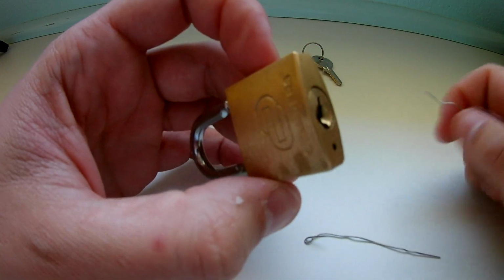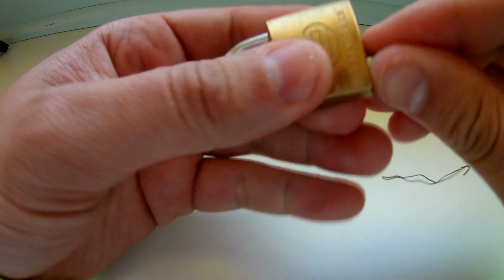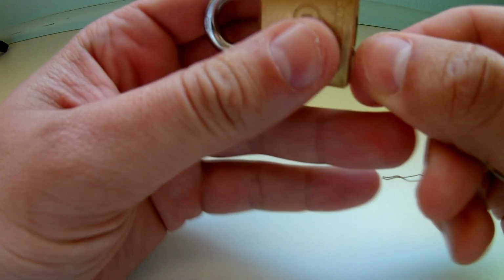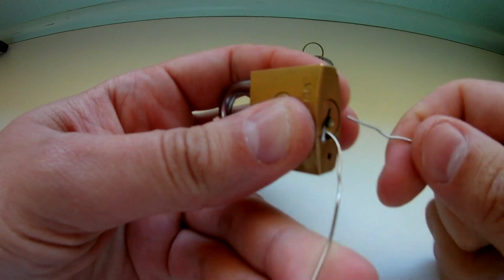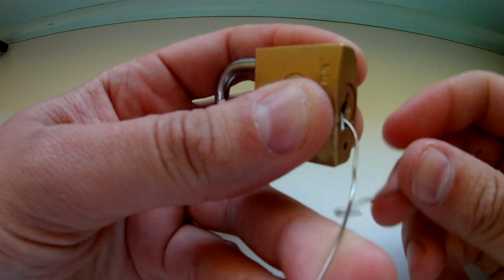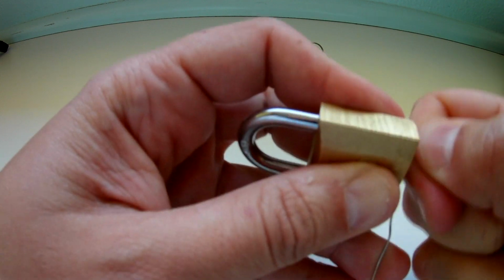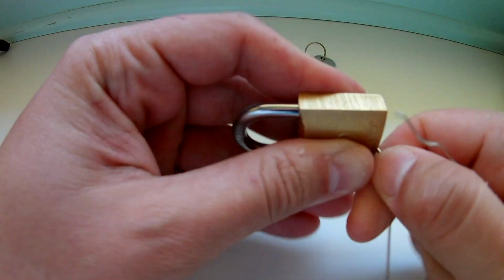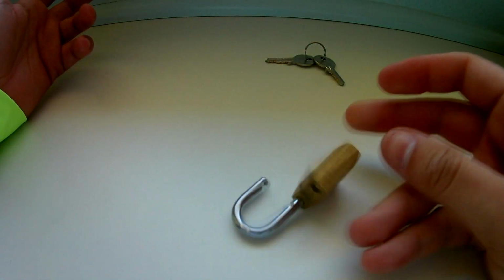That easy. Again. And open. Amazing. So easy. Okay, you have seen how easy it is to open a lock with a pair of clips,